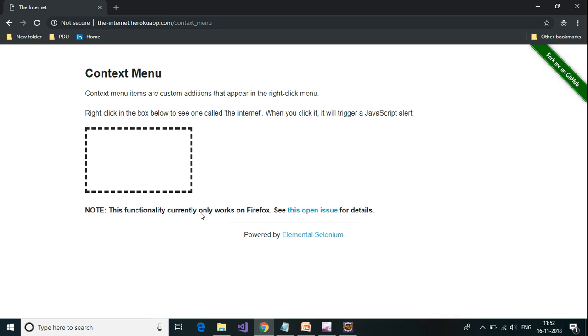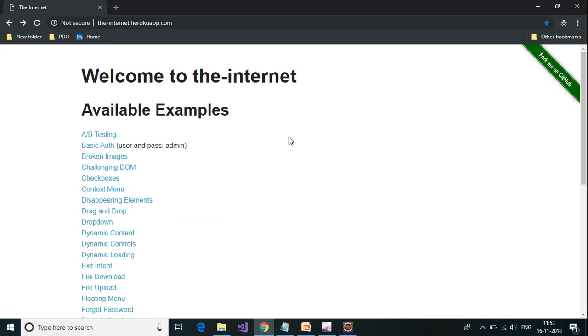This functionality currently only works with Firefox. Since I don't get the option here in Internet Explorer, for this particular test case I'm going to use the Firefox driver or Gecko driver. For drag and drop, I'm going to use another website called